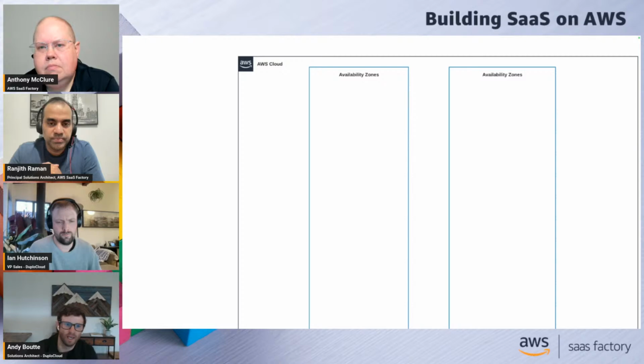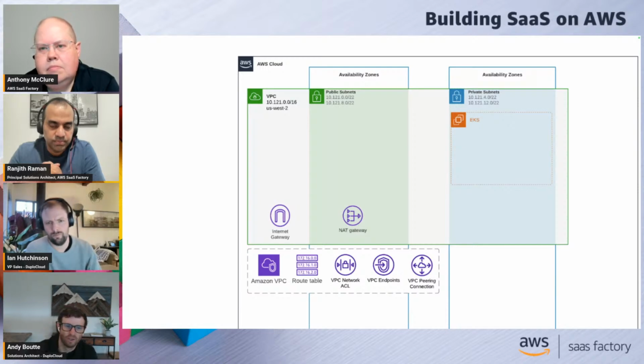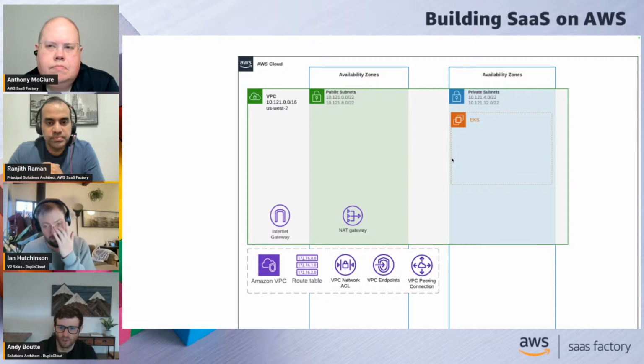Now I'm zoomed in on just the top portion of that diagram, and what we've just laid on top here is the DuploCloud infrastructure. The DuploCloud infrastructure is a VPC with public and private subnets spanning multiple availability zones. That DuploCloud infrastructure is going to include the EKS cluster with the control plane in a private subnet.